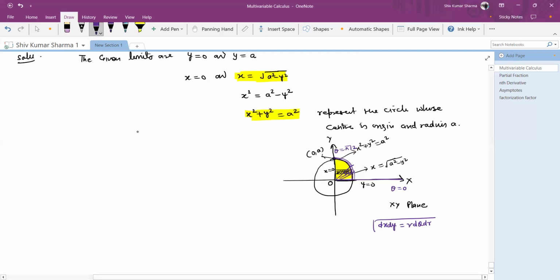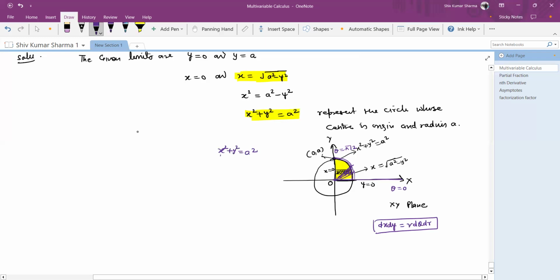So this can be written into the form r dθ dr. Now what is the limit for r? When we take the element which touches the curve, here at the origin the value of r should be 0, meaning the radius will be 0. Or when we touch this curve, we can calculate as, so when this touches the